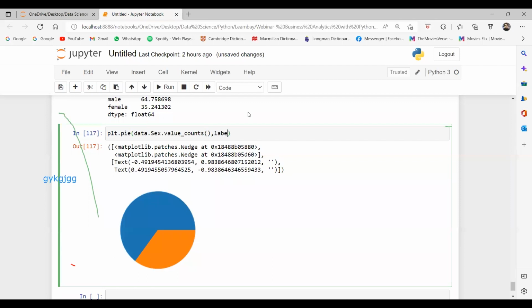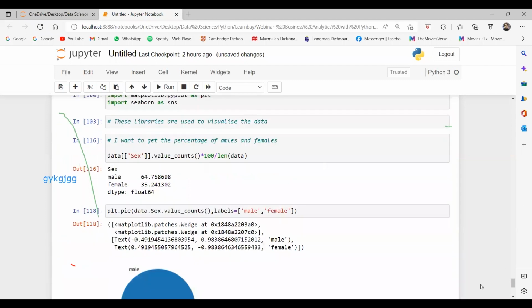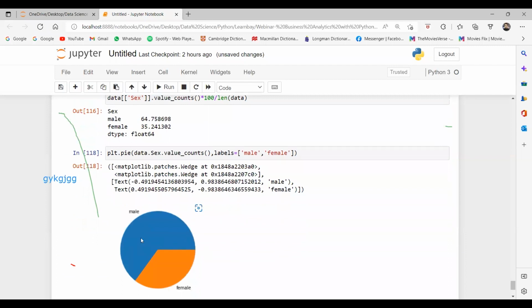Then we can say labels equal to, and we can pass a list. For example, I say male, comma, female. These two labels I want. So can you see we have got male and female here, yes or no? Yes, guys. Now I want the percentage value here.